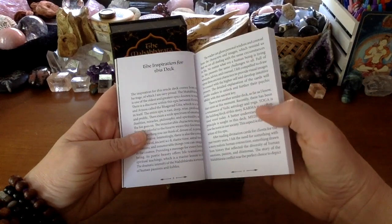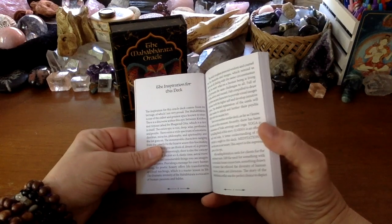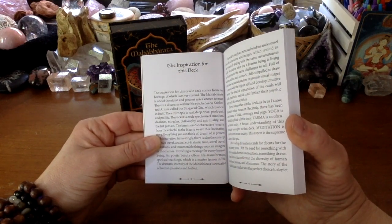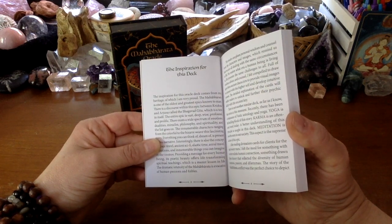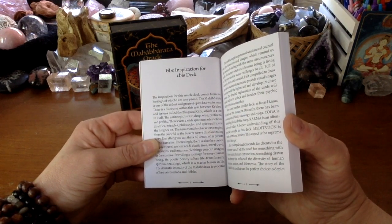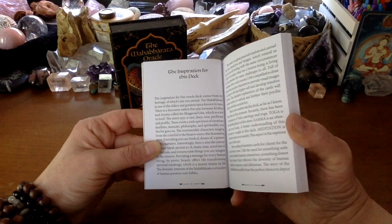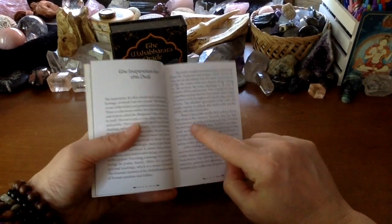Wow. So the inspiration for this deck comes from my heritage, of which I'm very proud. The Mahabharata is one of the oldest and greatest epics known to man. There is a discourse within this epic between Krishna and Arjuna called the Bhagavad Gita, which is a text in itself. The entire epic is vast, deep, wise, and profound and prolific. There exists a wide spectrum of emotions, dualities, miracles, philosophy, and spirituality, and the list goes on. So she does then go into this and talks about,